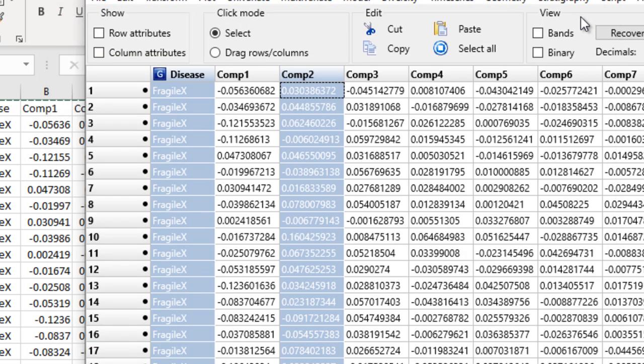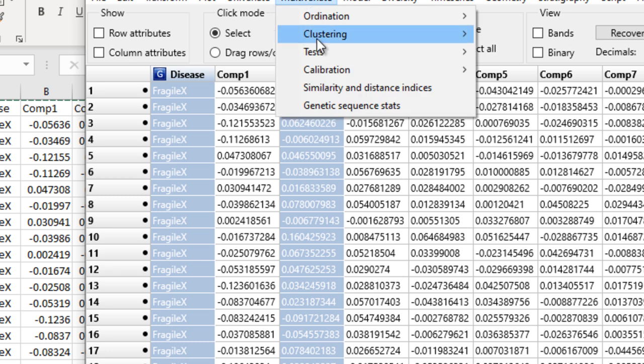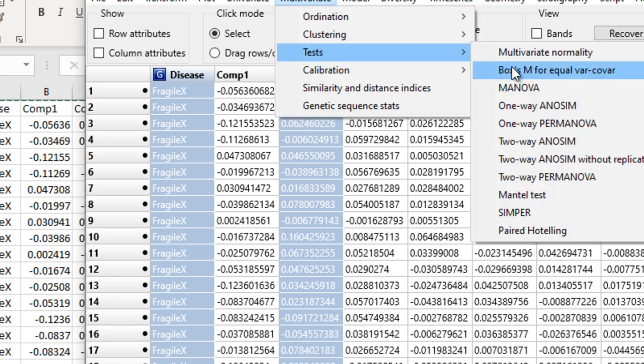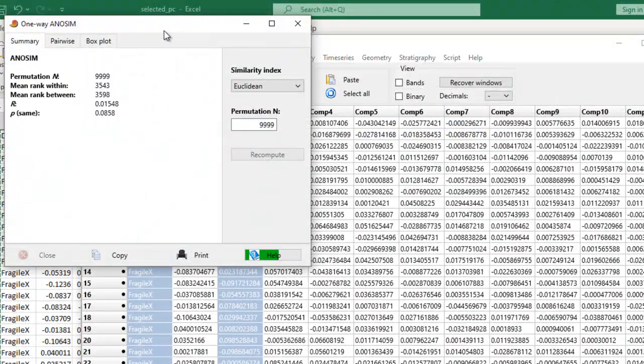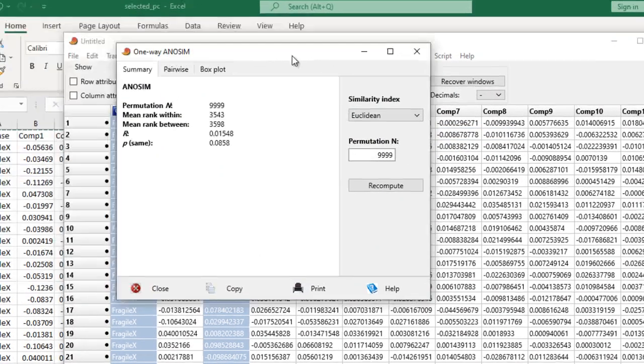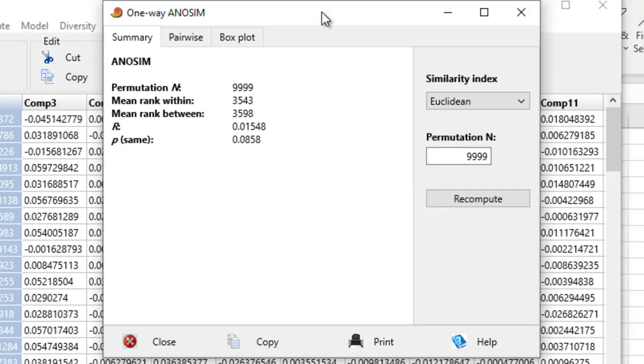Another test that is very significant, which I want us to look at critically, is called ANOSIM. The ANOSIM test is a very powerful test. Under multivariate, go to test, go to one-way ANOSIM. You can see what is showing out here, showing us that P is not significant,